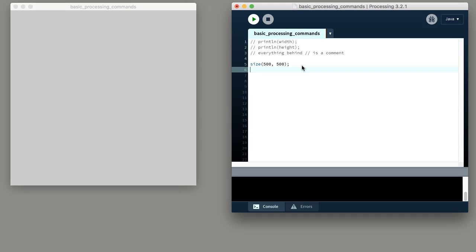Then we want to draw something on top of this canvas, of course, and we will start with drawing a rectangle. Just to let you know, this canvas also has a coordinate system, but instead of the 0, 0 in the middle, the 0, 0 starts